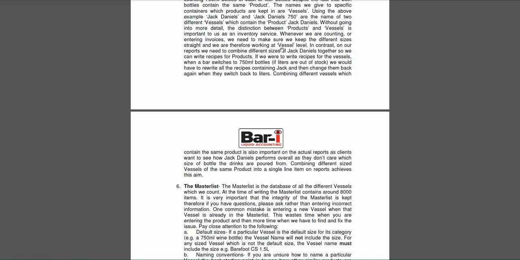So what we do in practice is, if we have different sizes of the same product, we collapse those bottles together, so we have the total usage and sales of Jack Daniels compared. More on that in more detail later,